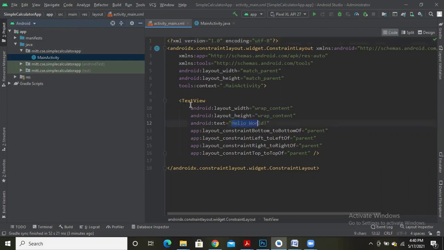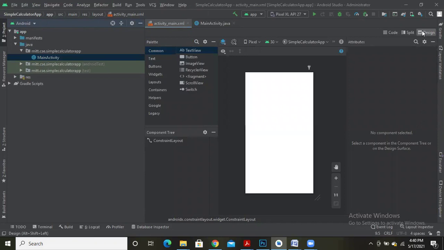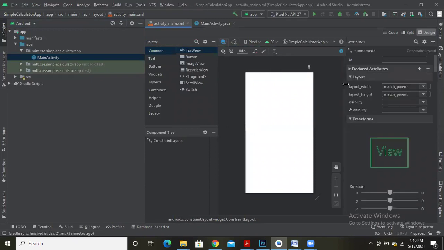So let me remove this text view and make the design empty, which looks like an empty screen. Let me select the design view, fine.